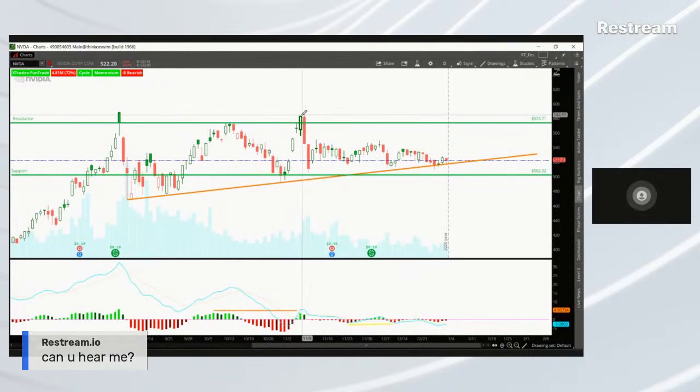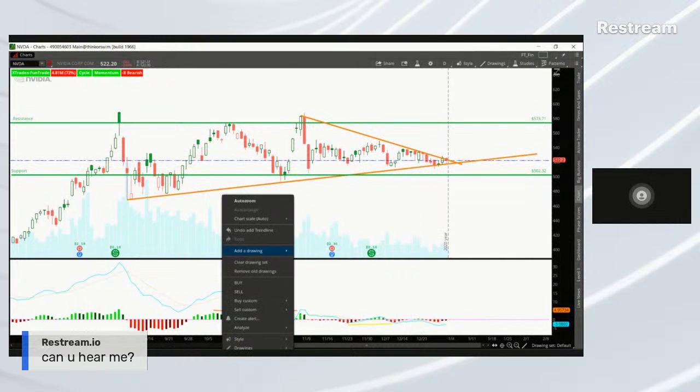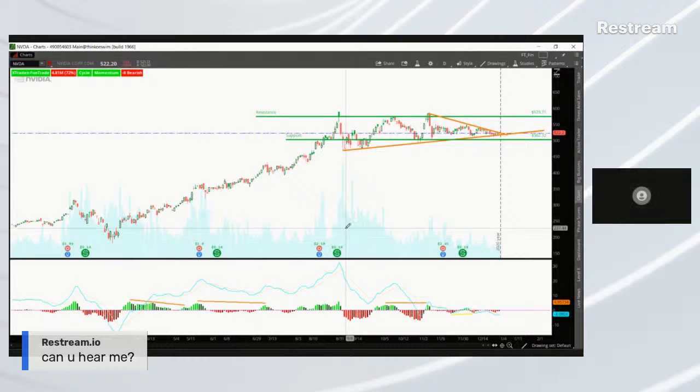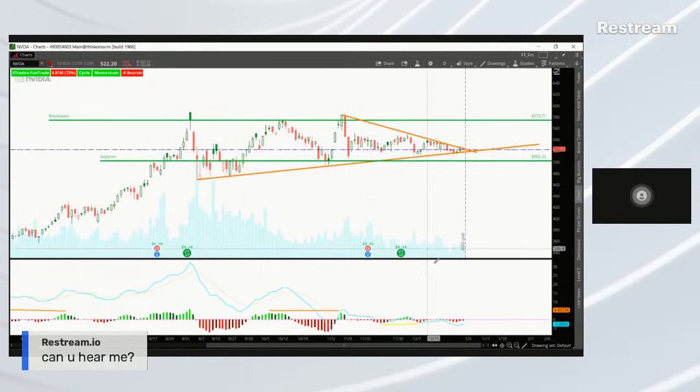And the next thing I'm trying to see is if I can come up with the same trend line here, which is acting as my resistance, right? So we were not able to come up with a channel because it's sideways action. So what I'm trying to do here is get a trend line. This is a very good trend line here with the resistance levels and the support levels. So let's go back and see if we can come up with the fib levels for our entries and targets,